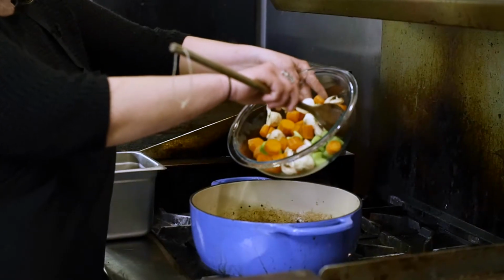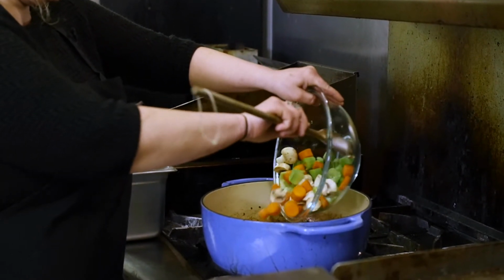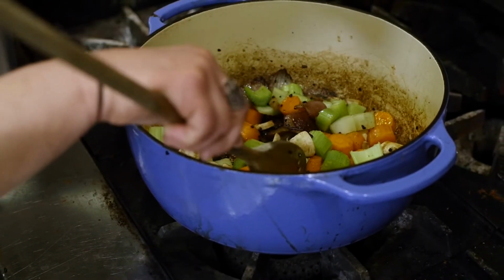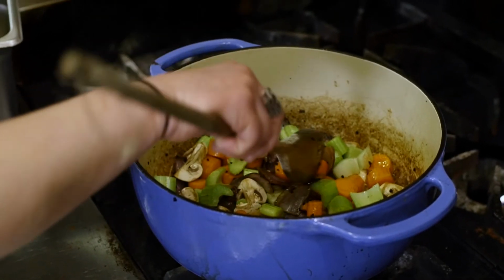So once you get your onions softened a little in the butter and the garlic cooked a little, like I said, about 10 minutes on a medium-low heat, you're going to add your largely chopped veggies, celery, carrots, mushrooms to the mixture and saute that for about 15 minutes until it softens up. Okay, so you have your veggies, your onion, your garlic, and your butter all sauteing in a pan, marrying those